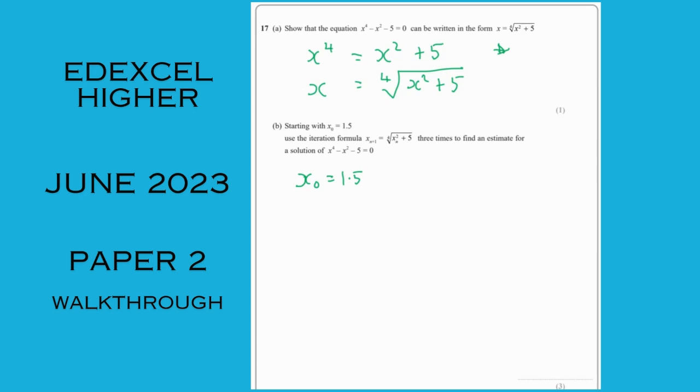I personally would do the first iteration normally, stick the 1.5 in, and then leave that in your memory. And then when I type in the next bit, I would type in fourth root brackets ANS squared plus 5